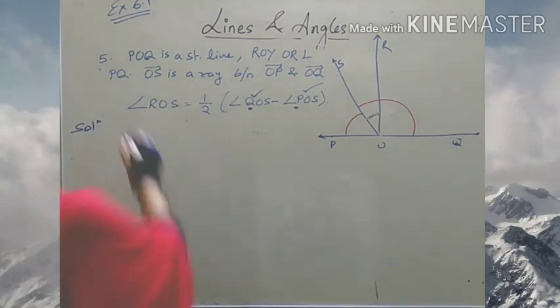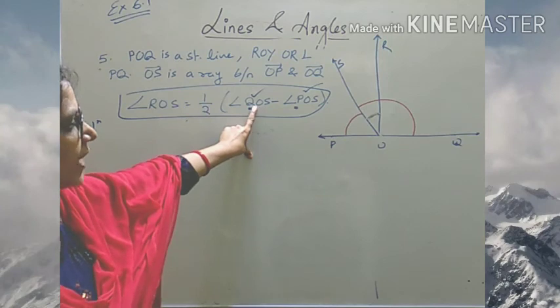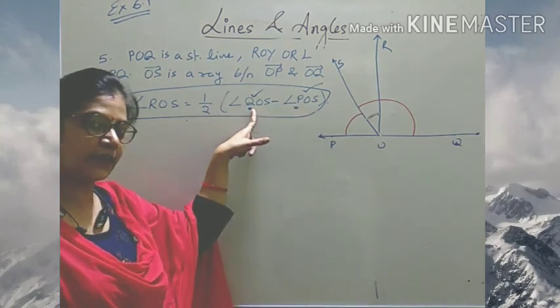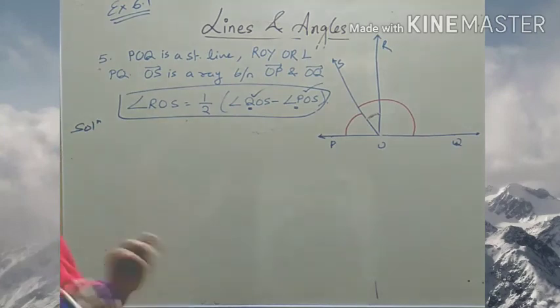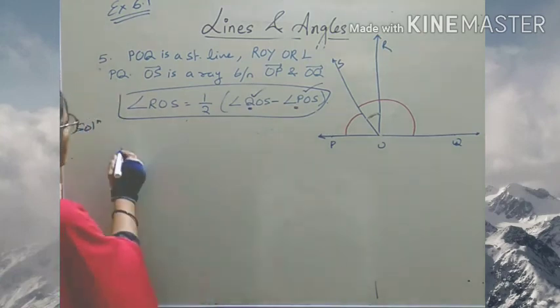Now to solve this, हमको ये निकालना है ना? Means what we should have? We should have the knowledge of QOS and POS. अगर हम इन दोनों की वैल्यू निकाल लेंगे, then we can get this. So how we have to plan our thing? First, we will try to find out what is POS and what is QOS. Now, what is given to us?